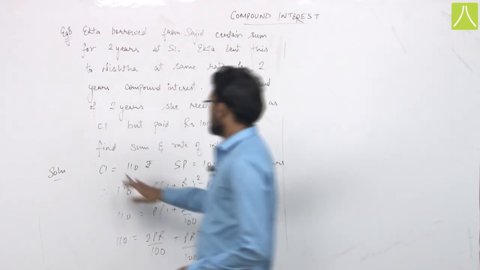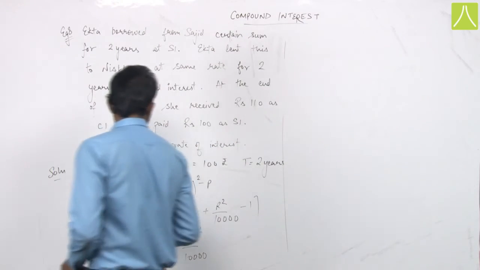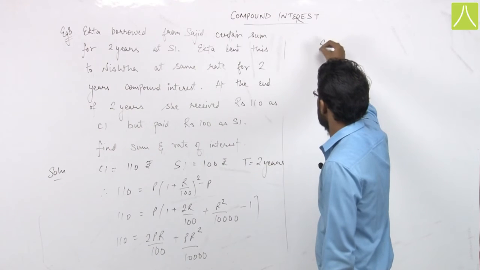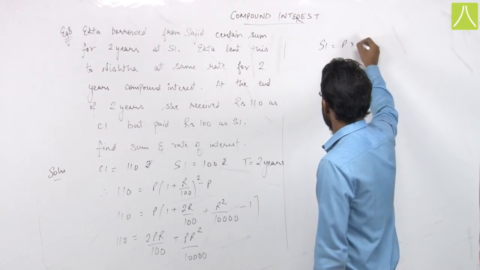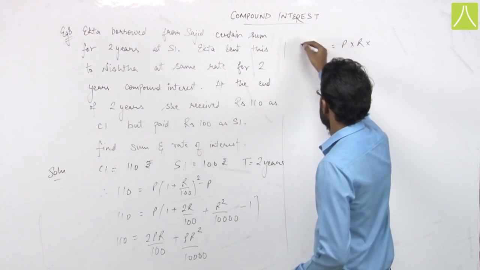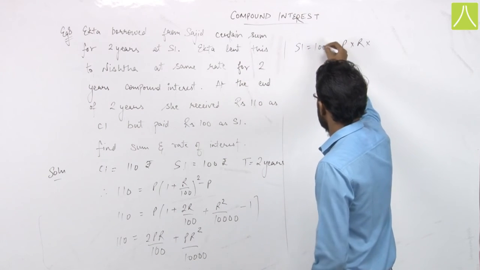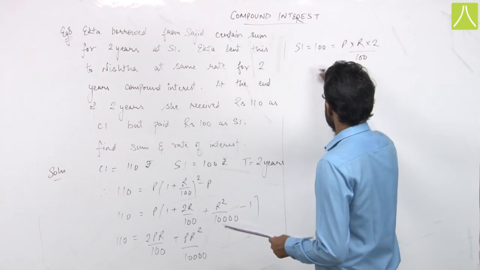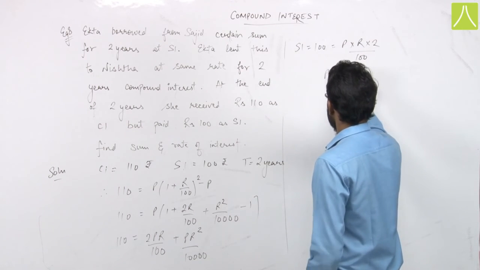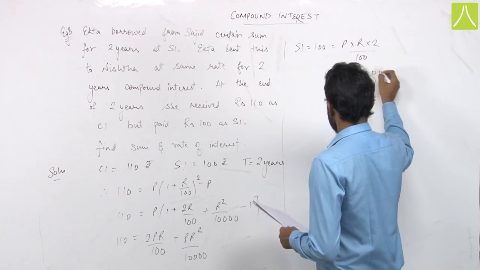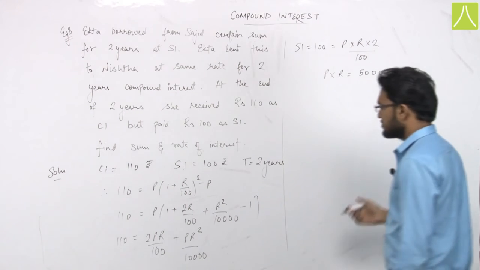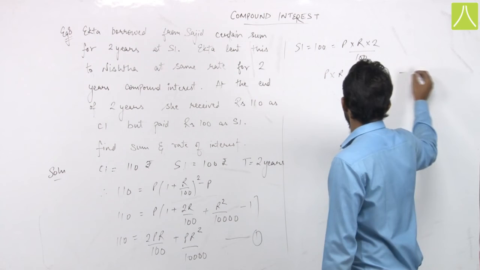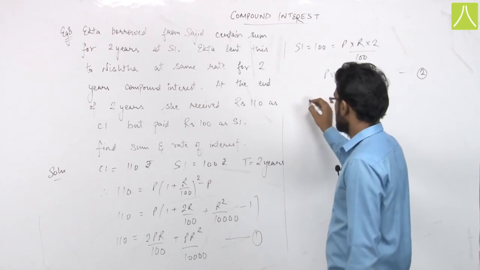We also know that the simple interest is equal to principal into rate into time divided by 100. We are given that it is 100, so 100 is equal to principal into rate into time divided by 100. Solving this, principal into rate will be 5,000. Substituting the value of principal into rate from equation 2 into equation 1,